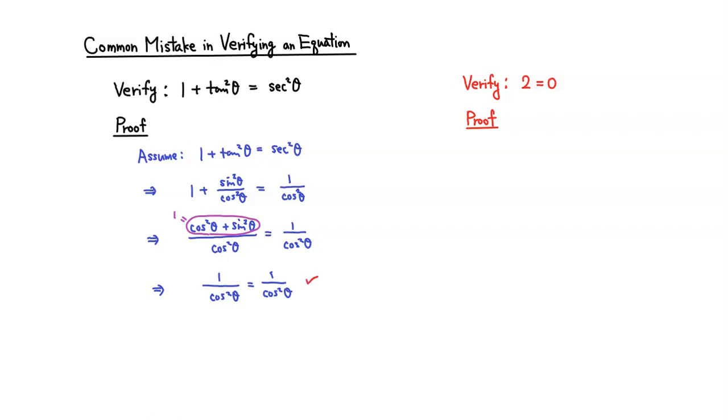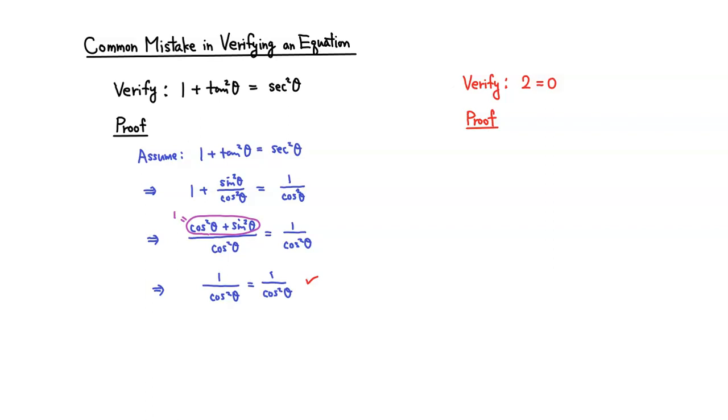Obviously this is a true statement because you've got the left hand side and right hand side exactly the same. It seems like this is a valid proof, but actually this is a very invalid way of verifying an equation. So here's why. This does not really prove anything, and if it was a valid method, we would be able to prove nonsense. For example,